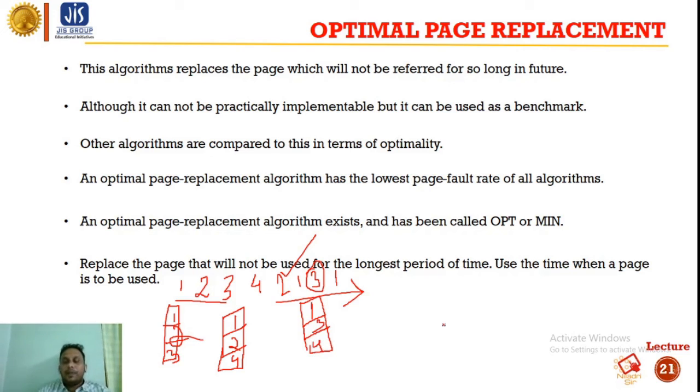Okay, so as you can see, in the case of the optimal page replacement algorithm, the total number of page faults is less. So the optimal page replacement algorithm is very much essential. What is the concept of the optimal page replacement algorithm? In this algorithm, the page which will be used furthest in the future, the one whose use will take much time, will be replaced.